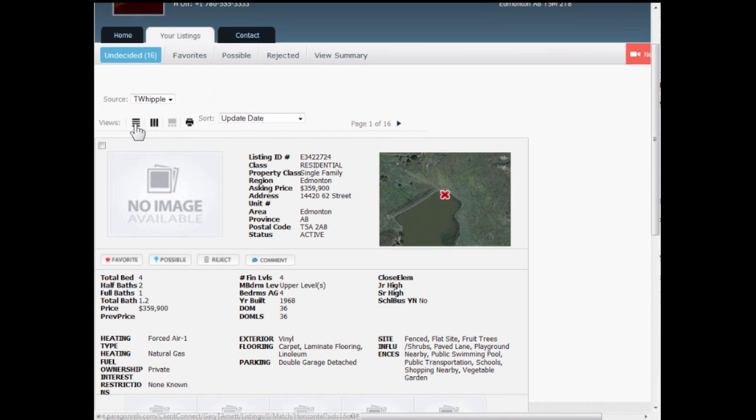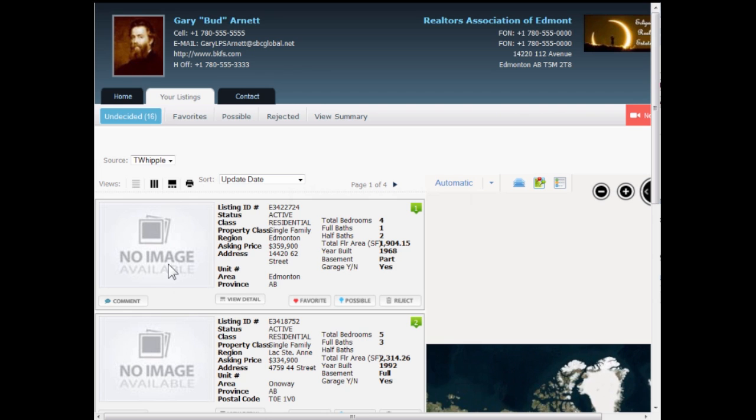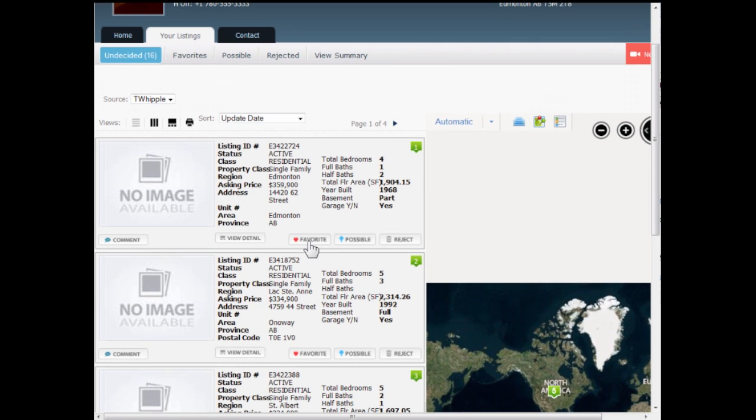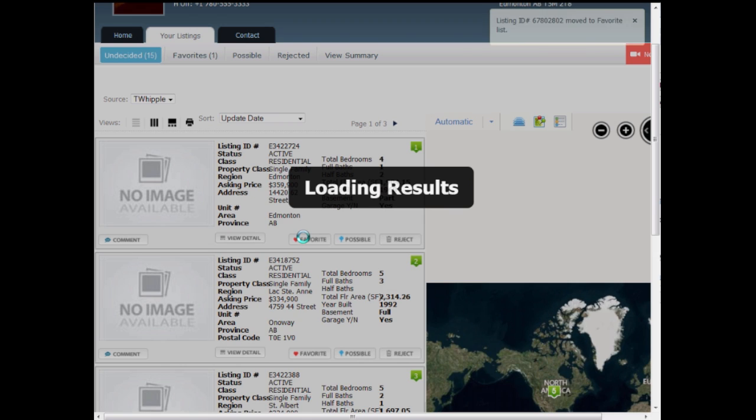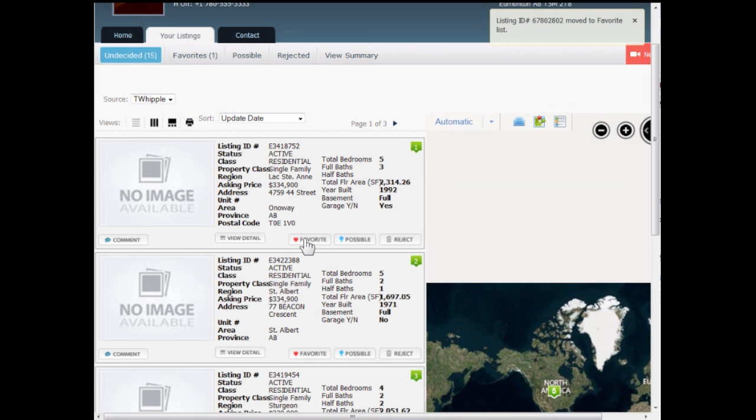Let me come back over to the default view, the vertical view. As I'm working with each of these properties, notice I could make this one a favorite. As I do, watch the count for undecided and also watch the count for favorites, possibles, and rejects grow. So as I make this one a favorite, it's been added. Now what happens is all the properties move up, another one slides in, and the map reorients to fit the